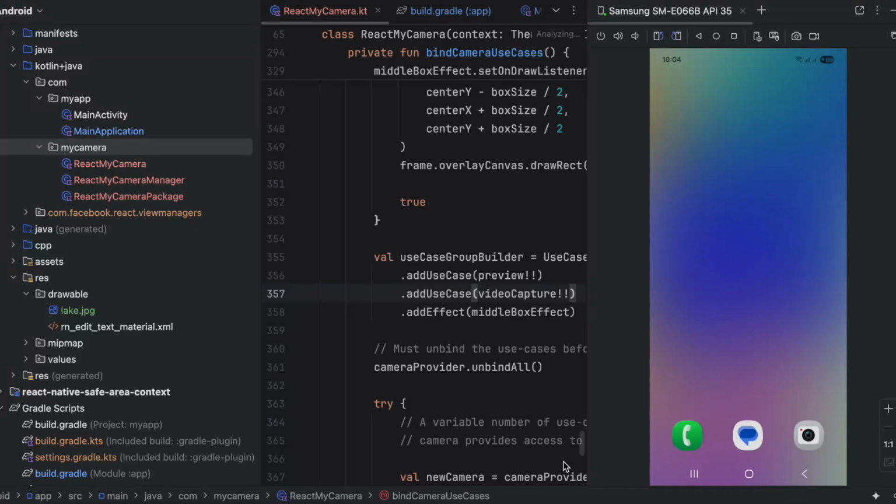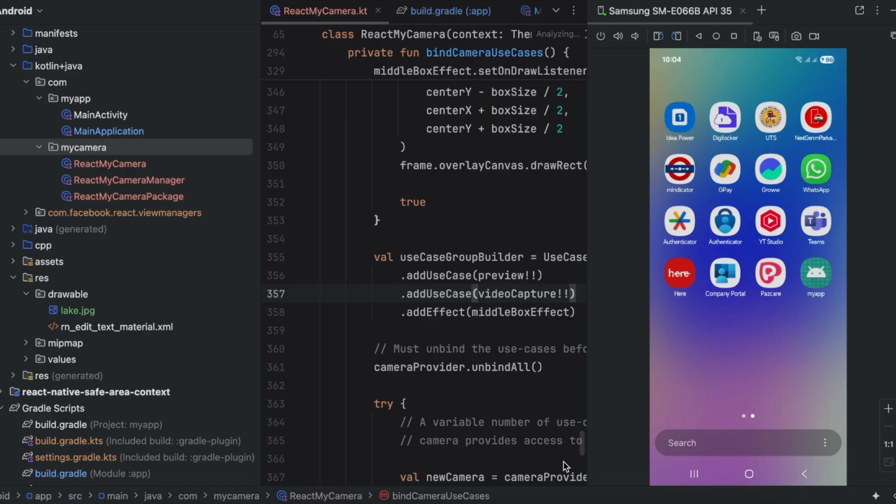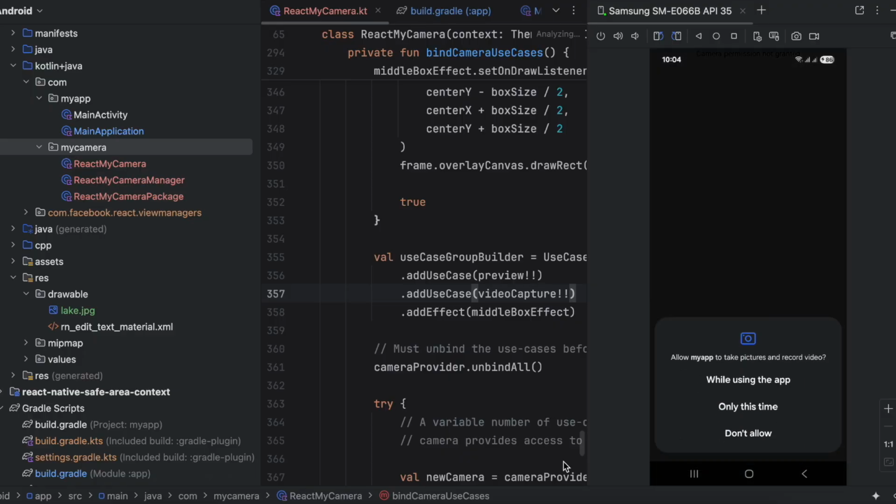In this video I will show you how you can overlay canvas to a live camera video recording in React Native's new architecture for Android using CameraX and Media3 effects. So let's get started. So first let me show you guys the output. Again, don't worry about Android Studio, we will be using VS Code. It's just that Android Studio has a cool mirroring feature, that's why I'm using Android Studio to show you guys